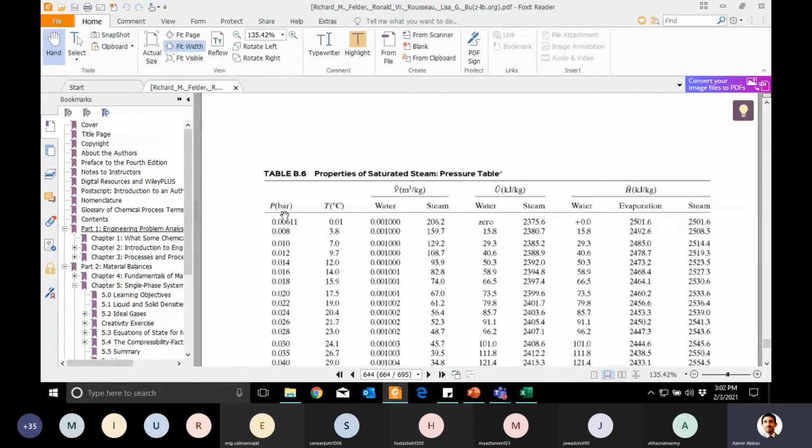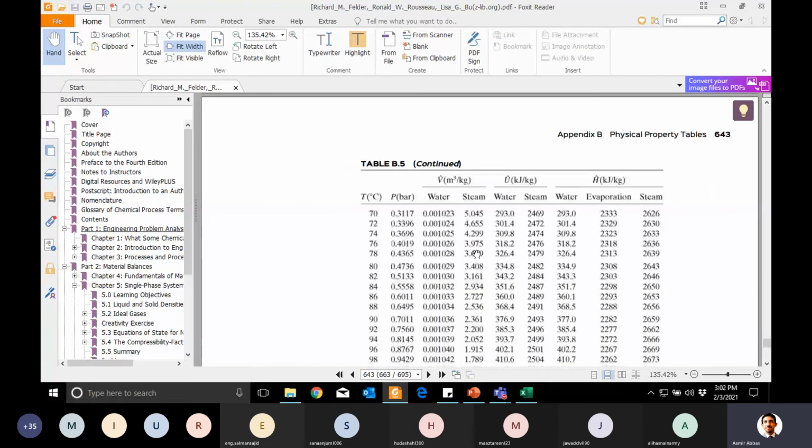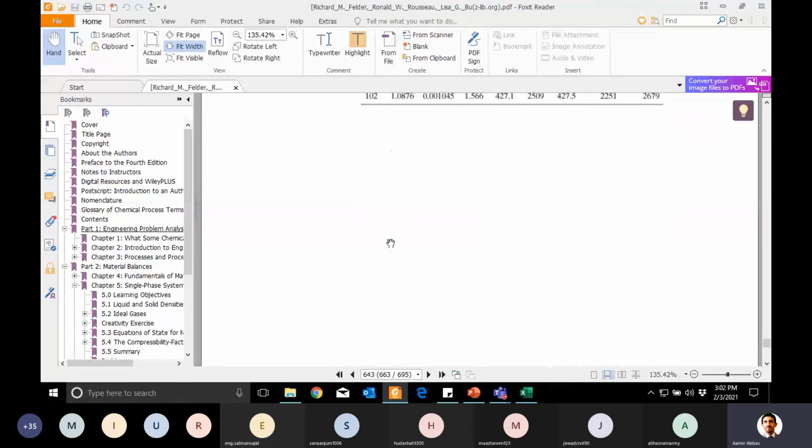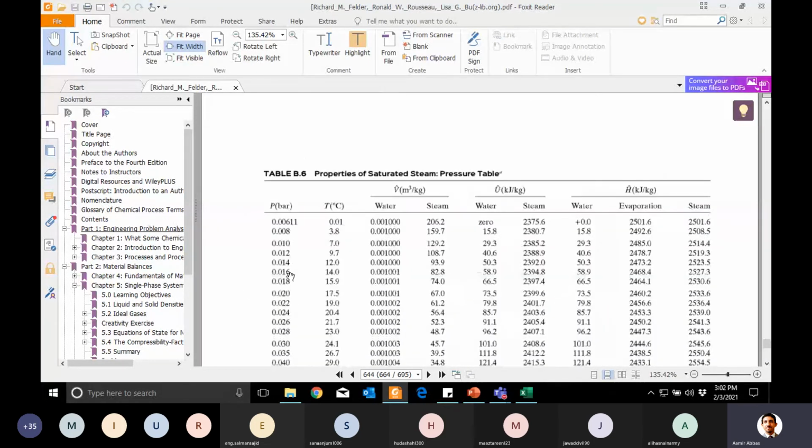So when you look at this, just look at the pressure values, and they are increasing with some specific interval. Both will definitely give you the same values, just this is a different representation of the data. If you select one value of pressure and temperature and look at the value from this table, as well as if you go back to the other table, the value will be the same. This is just a different representation of the data. So these are about saturated.